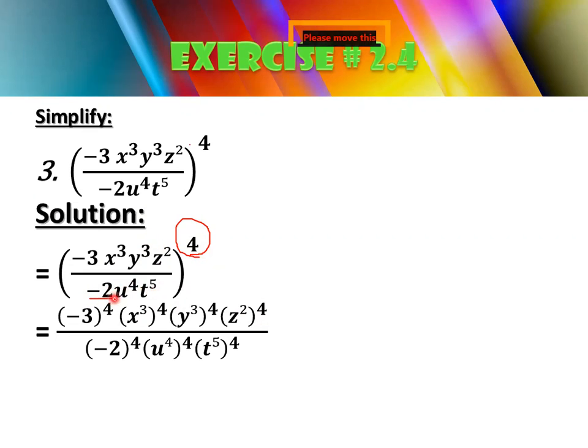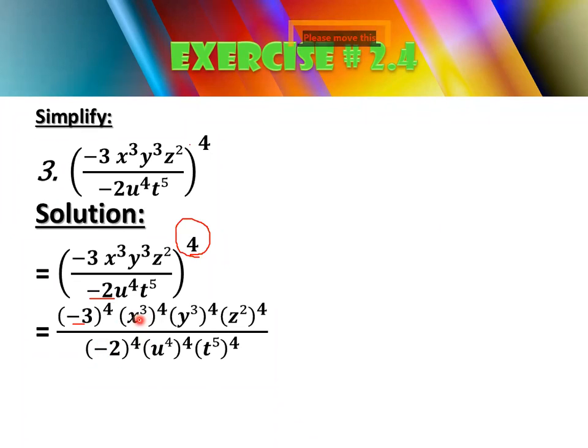Now this one is minus 2, so you simply write minus 2 raised to the power 4, then y4 raised to the power 4, and t5 raised to the power 4. In the next step, you are going to multiply this 3 by 4 times. Now please remember the previous concept: if your base is negative and the exponent is an even number, the answer will be positive. So after multiplying 3 by 4 times, I am going to tell you what you will get.